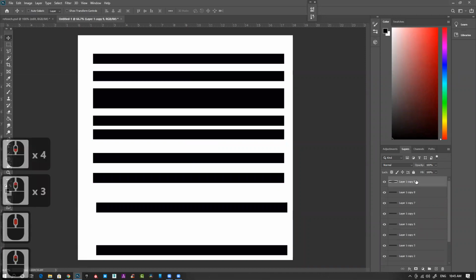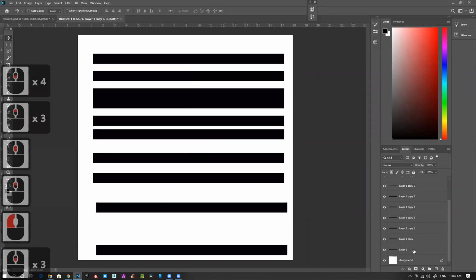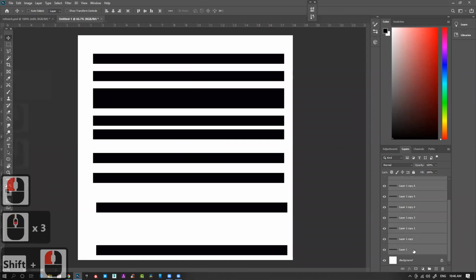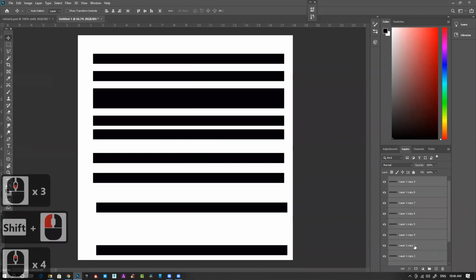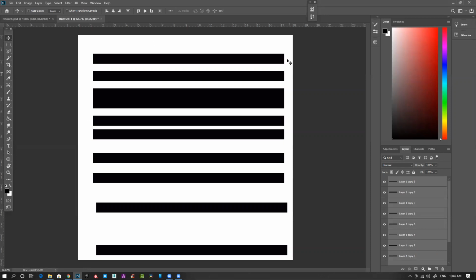What I'll do is select the first layer, then Shift, and then the last layer. Shift and left mouse button click selects everything in between together. Now you can see it's not aligned properly. So click on the center. It will align everything centrally, like you have in Word or any other document where you have center align, left align, right align. These are exactly the same thing.